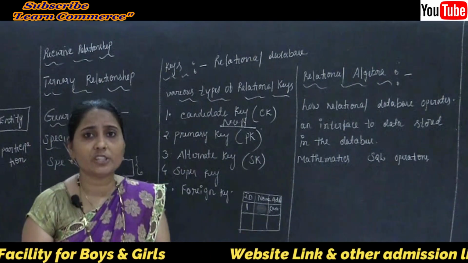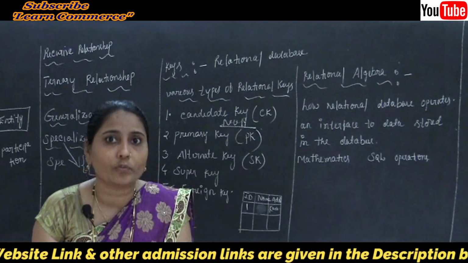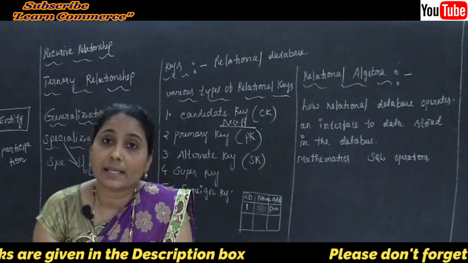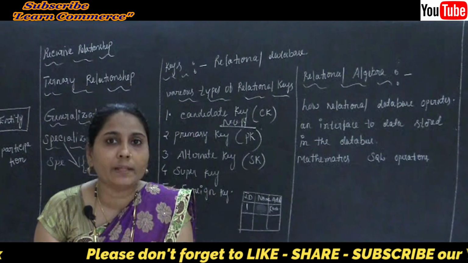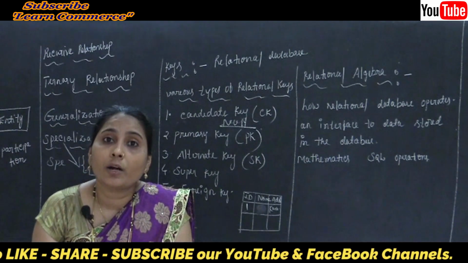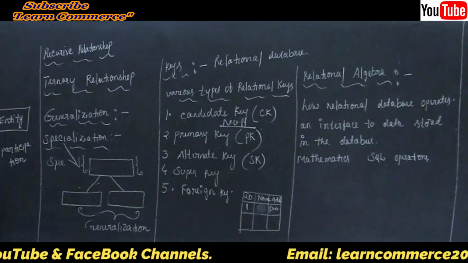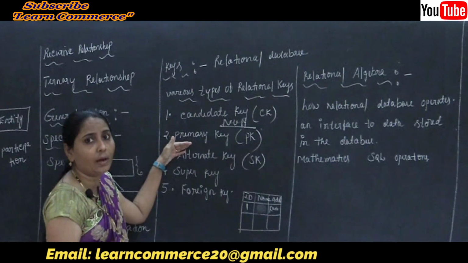So clear this point here. What about the primary key? It is the most important key of the table, and it uniquely identifies each record in a table. Such a value is not going to repeat again in any record here. Such a key or value is called the primary key. So many keys we can select for our table.